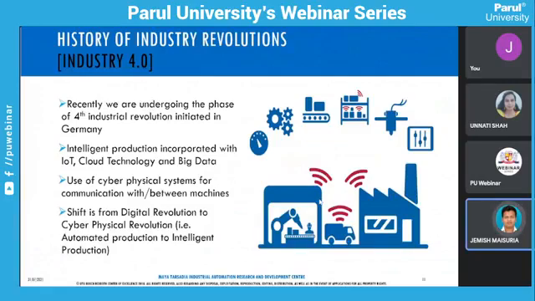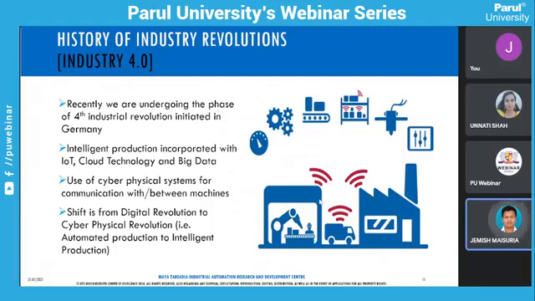Okay, and you can say that was first started by Germany, and then after it spread everywhere. Okay, so you can say it's an intelligent production. Okay, why it's an intelligent production, we'll see in the next slide. But that uses big data analysis, cloud computing, and IoT, but we call it IIoT, that is industrial internet of things. Okay, so it will use a cyber physical system which will communicate between human and machine, as well as between machine and machine.